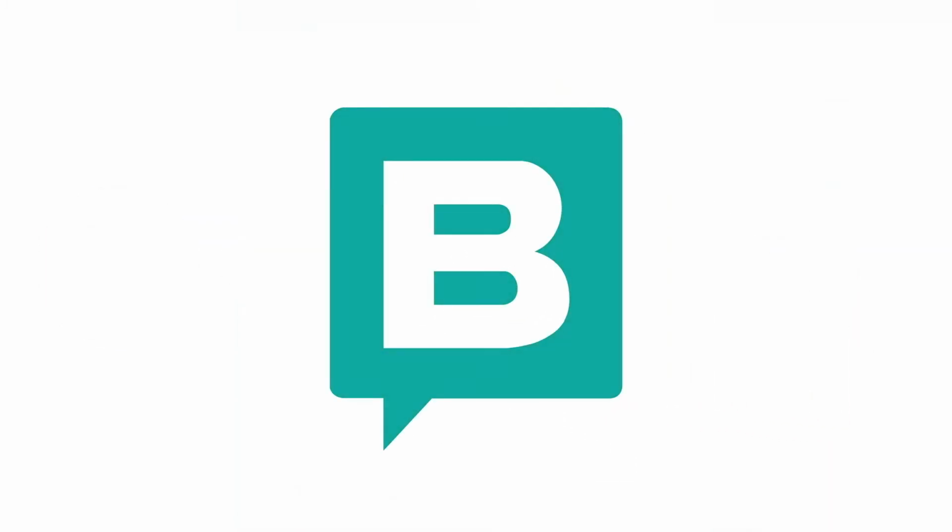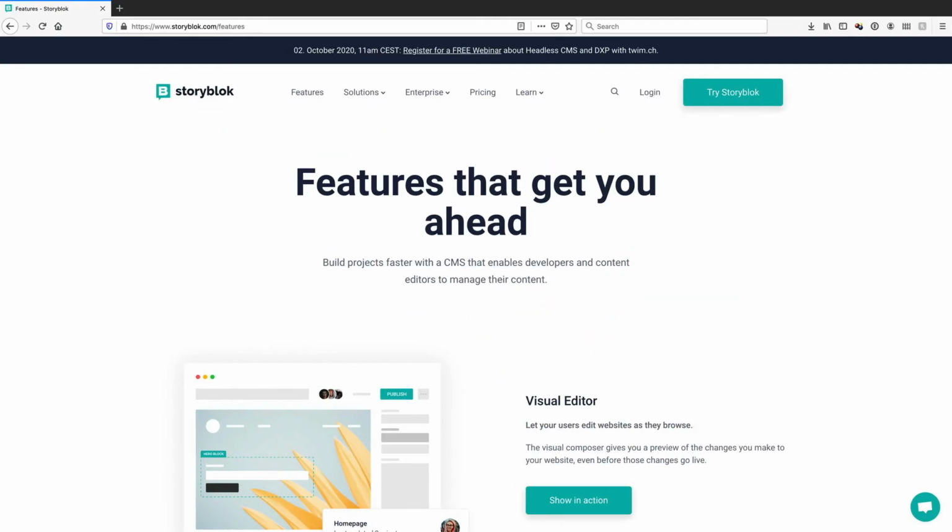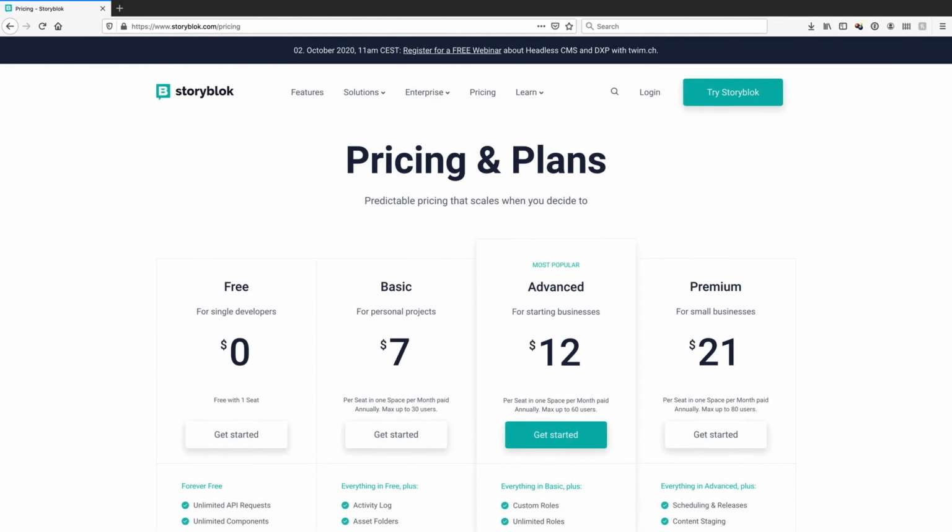For our final CMS, we're going to look at Storyblok. And Storyblok is a CMS that I was unfamiliar with. It's a headless CMS. It's one that Paul found that had features that allow us to integrate with components. And perhaps most importantly, it isn't enterprise. It is actually pretty inexpensive, which meant that we could sign up for a free trial, or if we needed to sign up for even the premium service, it wouldn't break the bank, unlike some of the enterprise products. So let's take a look at what we found.